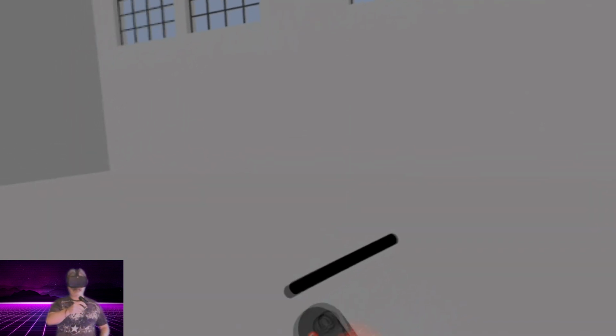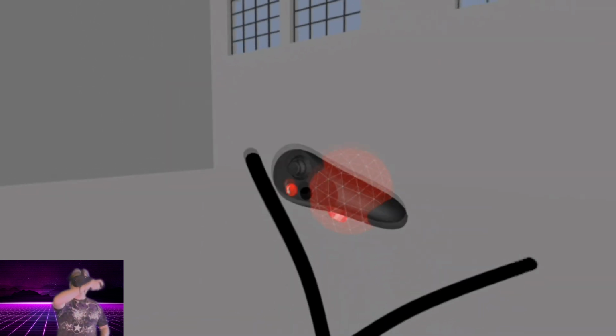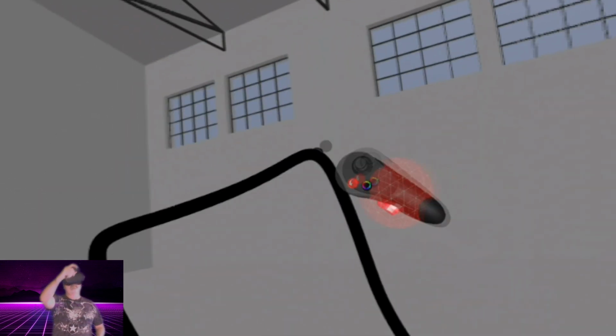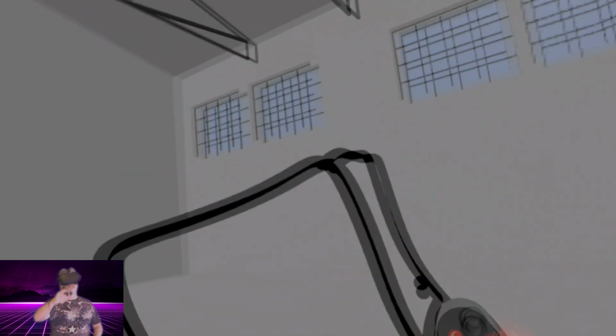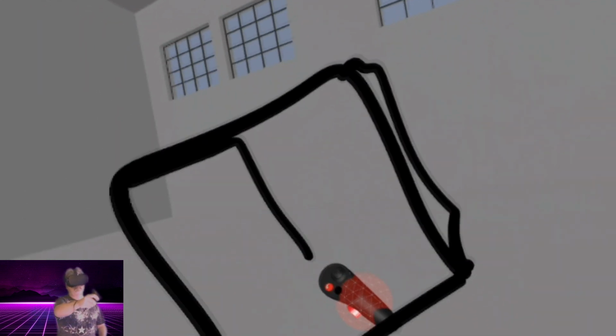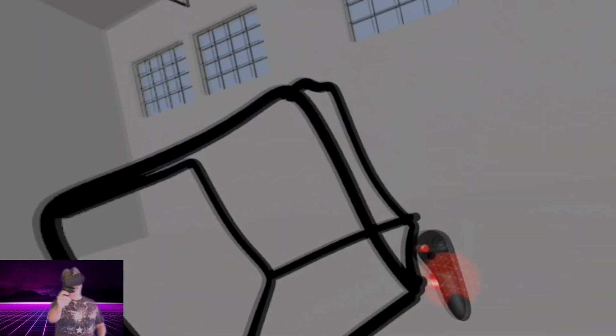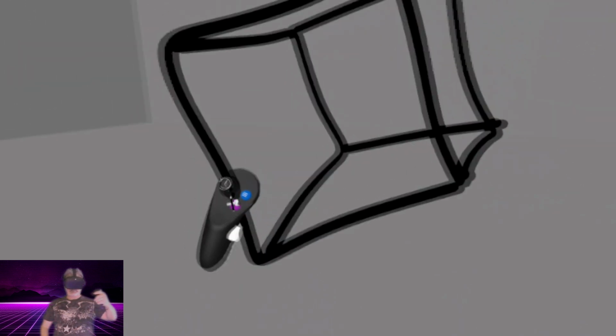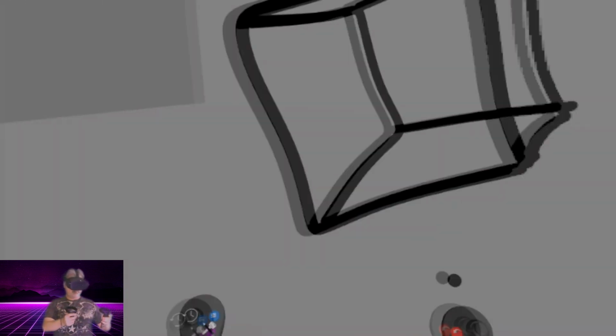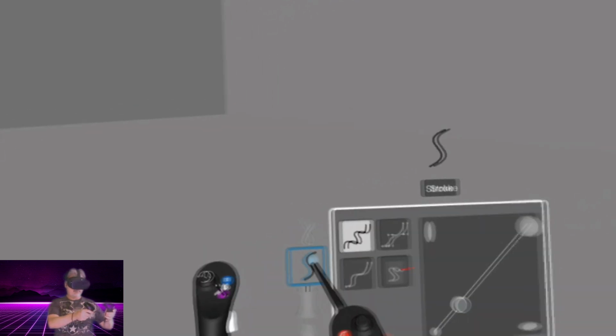Next, we'll take a look at the stroke tool. And the stroke tool is very similar to the ink tool, but it just gives you a really nice free-handed method of drawing in 3D space. So I'm just going to draw this rather crude looking 3-dimensional box, and we'll click the left hold or grab button and move it around. From here I'll just press the B button a few times to go back. Just a quick way of undoing.